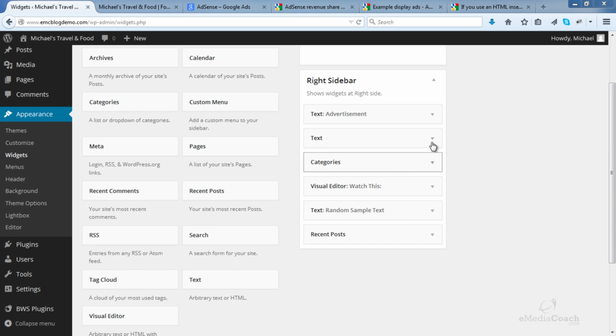Okay, so I've saved that. Usually it takes about 15 to 20 minutes for ads to start appearing on your site. And like I said, the content of the ads is automatically generated based on the content of your website. So usually you'll see that the ads actually match in some way what is on your website. So I'll wait 10 to 15 minutes and hopefully my ads have started appearing.